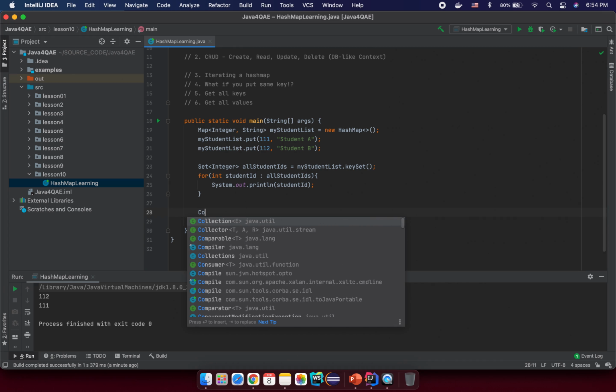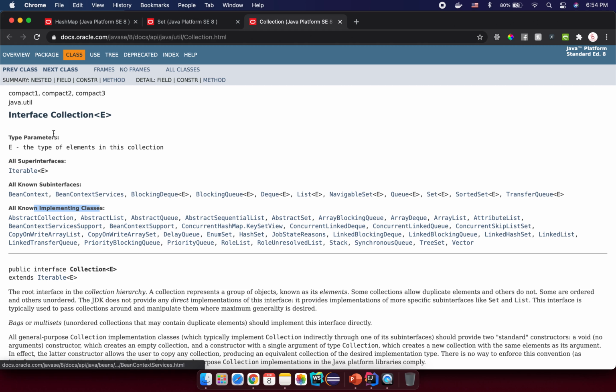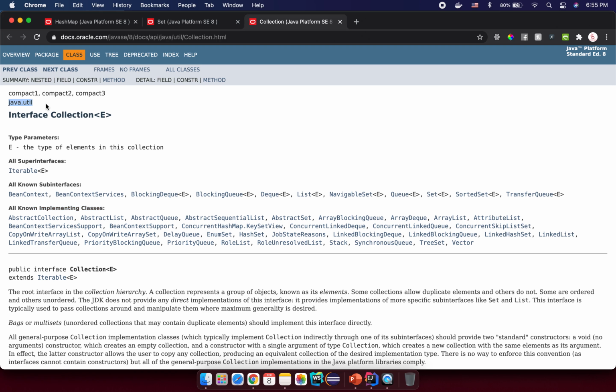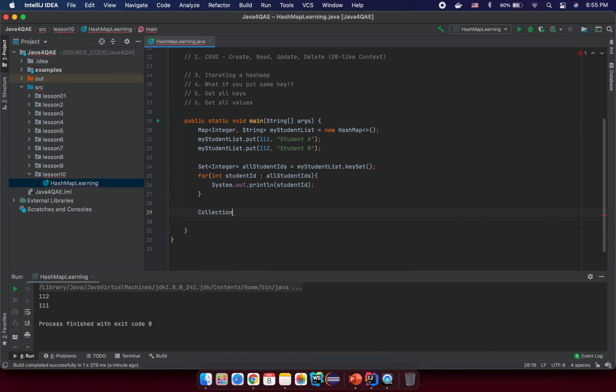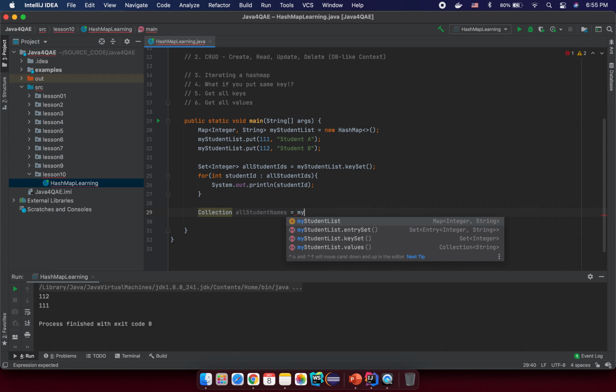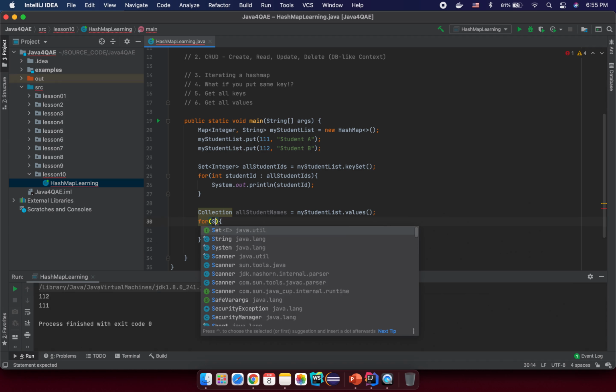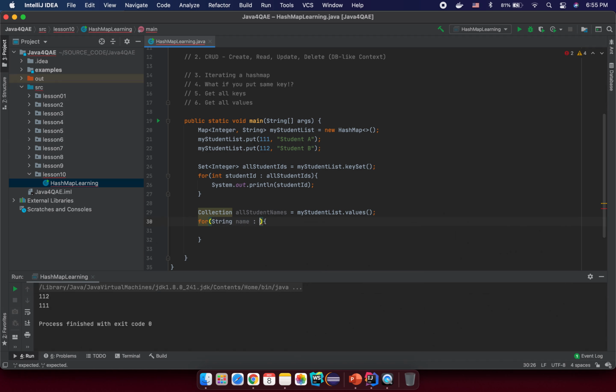So let's see, Collection, right? Collection, and where does it come from? It comes from the java.util package. And I will put something like all student names, for example, in this case, equal my student list dot values here. And then I will do the same thing. I will keep a for each inside, and because it will return string, right? So this should be String, and the name from student names, and I want to print out